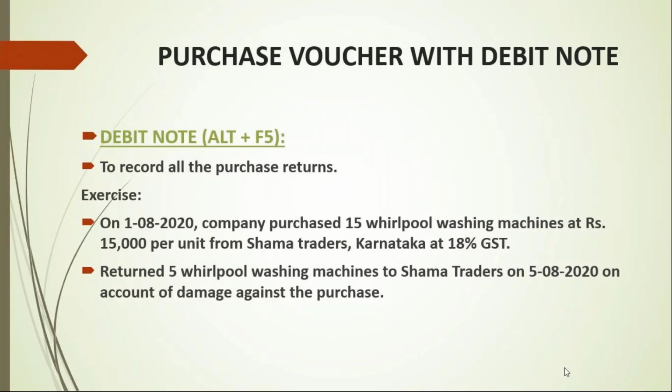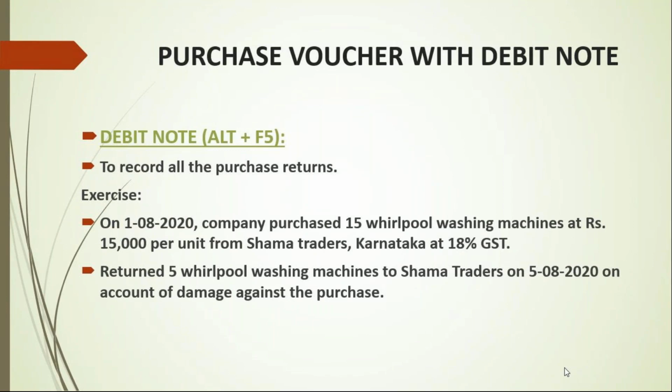Now here I've given a small example. The dates I have given here are 1st of August and 5th of August. The year doesn't matter. On 1st of August, the company has purchased 15 Whirlpool washing machines at 15,000 per unit from Shama Traders, Karnataka, taxable at 18% GST. After 4 days, which are taken for stock inspection and verification,